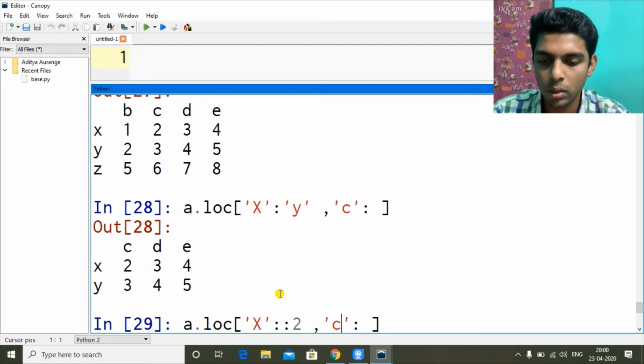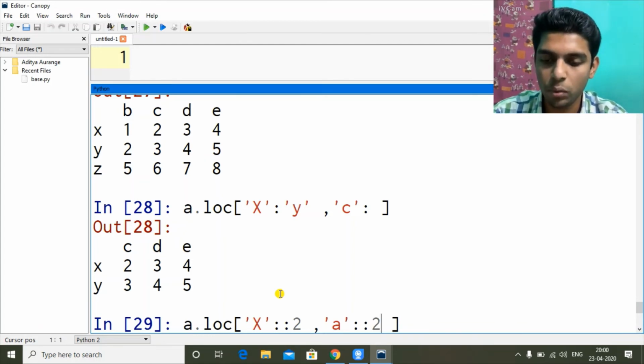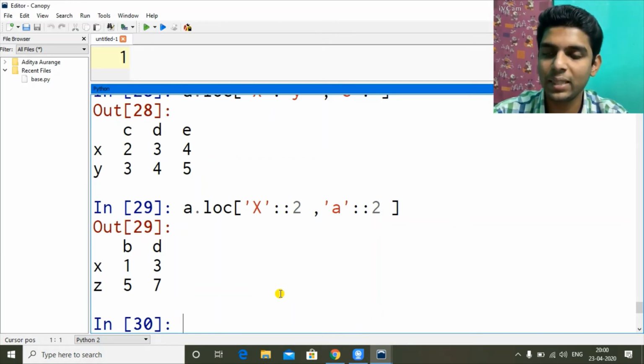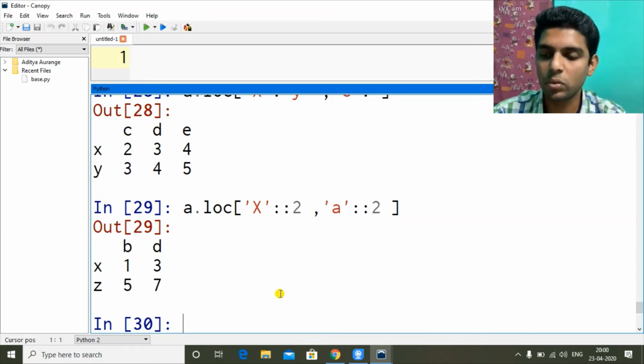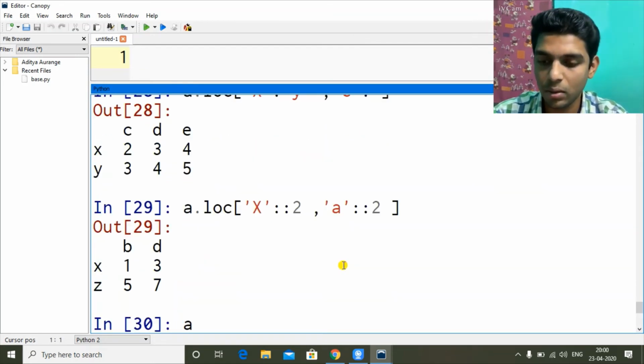So in this also, let's do A. I want till the end, so leave it, and stepping of 2. So from X, see the index X, Z. X took 2 steps, so instead of Y, straight to Z. Z we got, and starting with A, there is no A, okay.